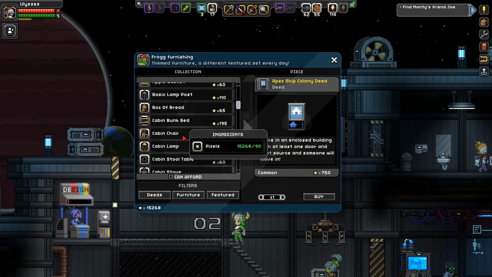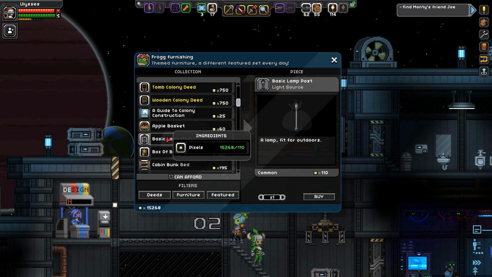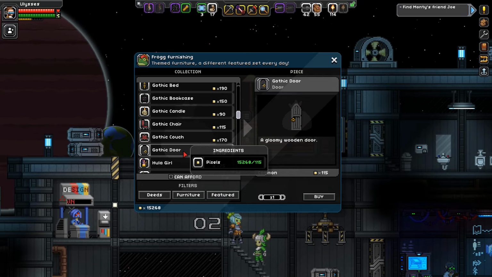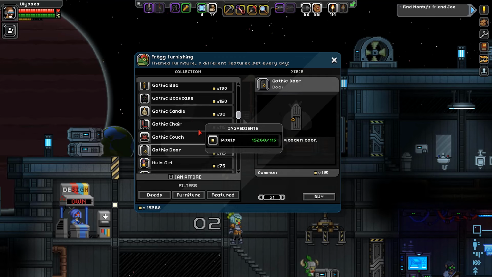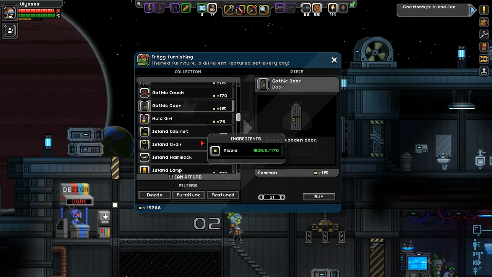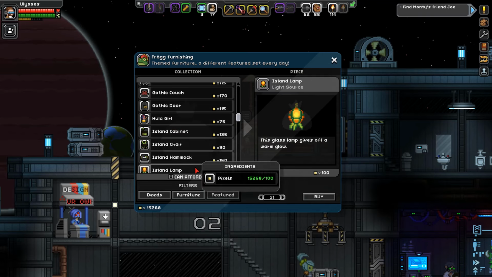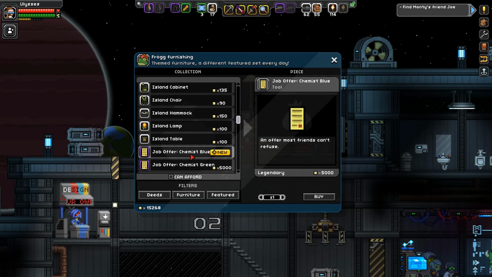Another lovely quality of life mod is Everfrog, which we can also see here. And basically what that mod does is, instead of having it so that... I mean, on the one hand, I kind of like the idea that the furniture sort of rotates in and out every day. But on the other hand, I don't really like it, because it means that if you're either really unlucky, or, you know, if you're just trying to...